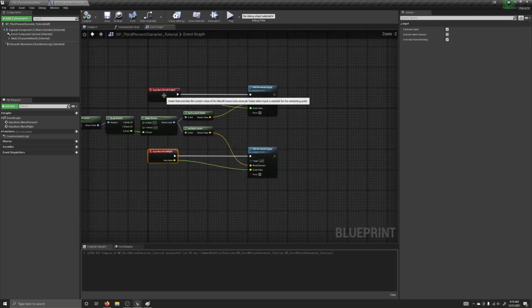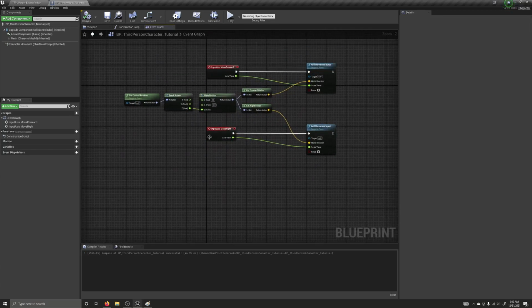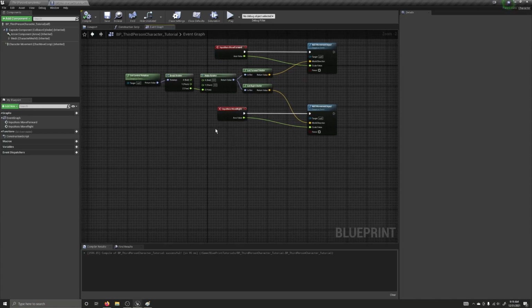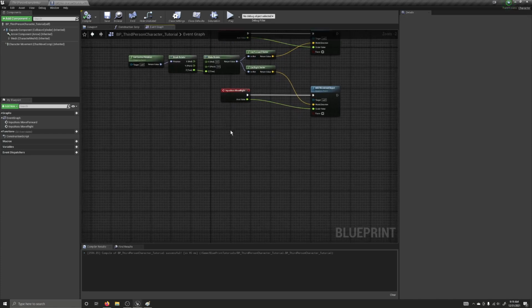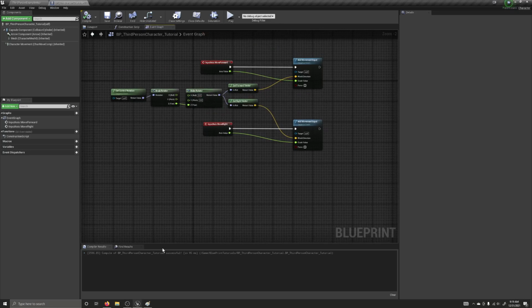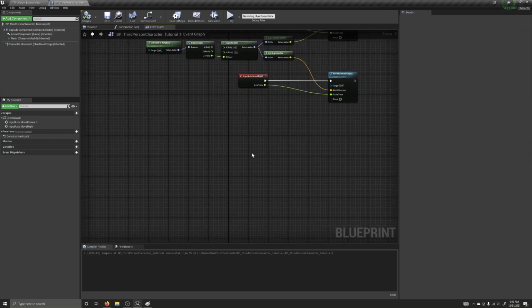And believe it or not, that is input handled completely for movement. There are other ways of doing it. This is only one way. There are certainly more advanced ways, but I'm not going to be covering those in this video. Instead, we're going to leave it like this, the way that the regular third-person character sets up, because it's a totally fine, perfectly functioning system. We're going to move on to handling our